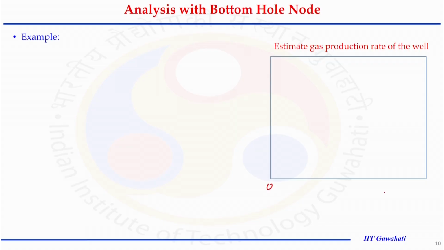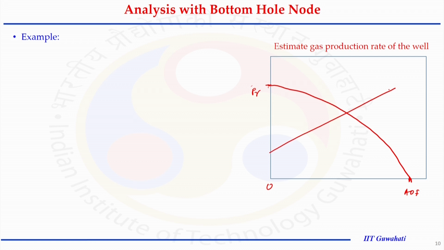But the important point came out from 0 to AOF. This information gave us the situation when there is no production happening. If such a situation is happening, we are having the curve, we can get this, and when there is an absolute open flow condition, maximum production is happening, the curve nature is like this and the other curve is like this. And as I said, how to draw this, I will just repeat it again.